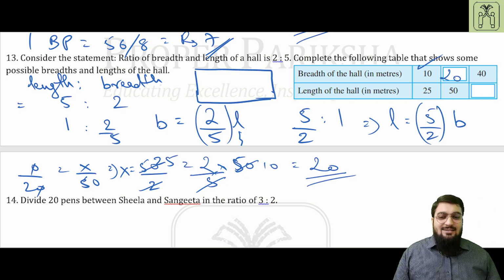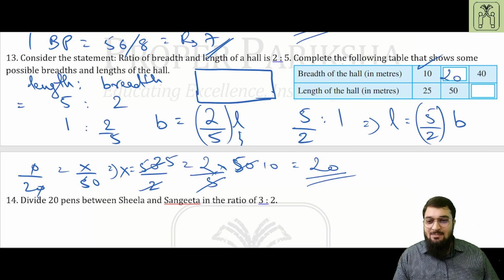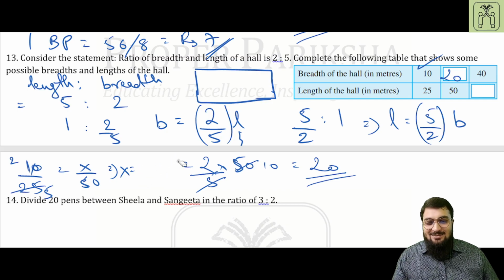Typing mistake. This is 10 upon 25. So 10 upon 25 will become 2 times, and this will become 5 times. So when you will take this over here, that will be